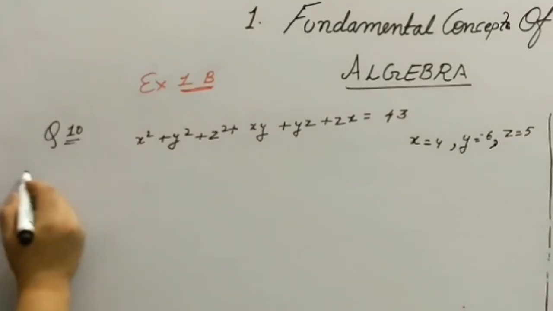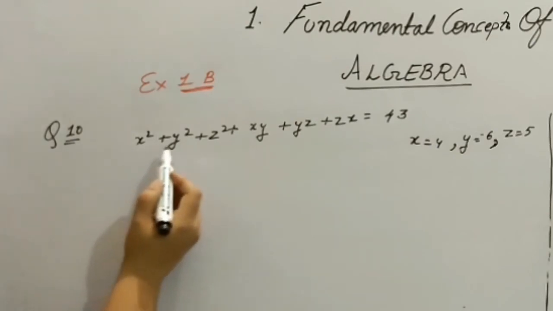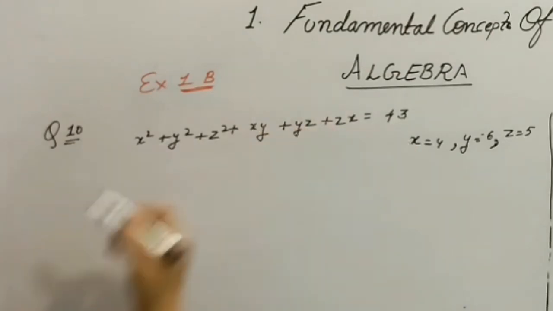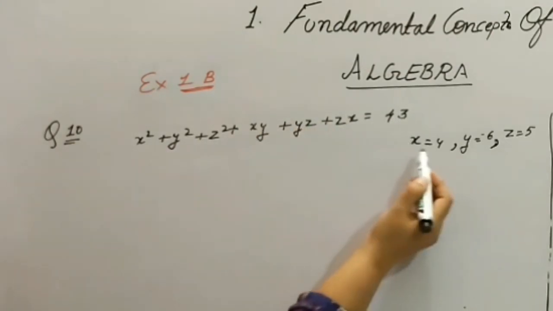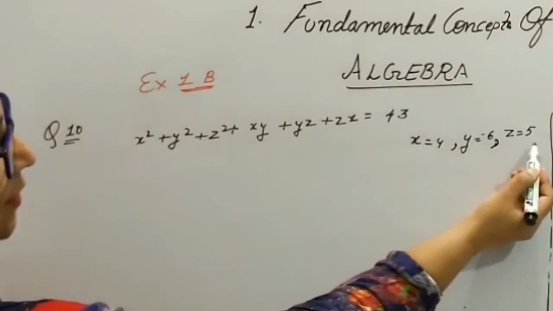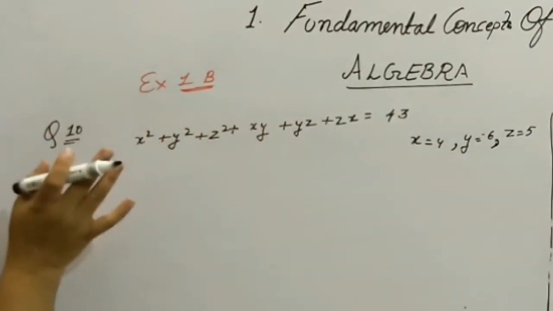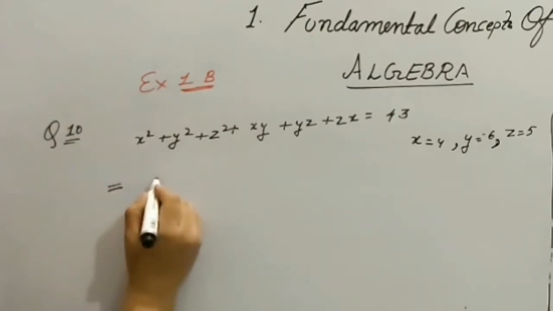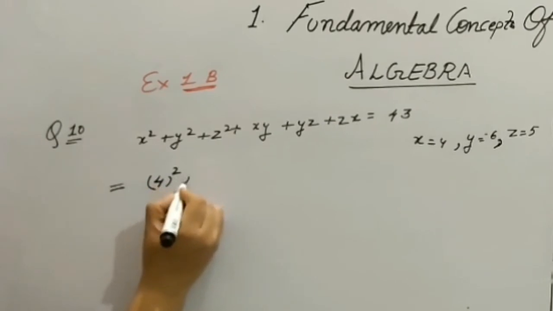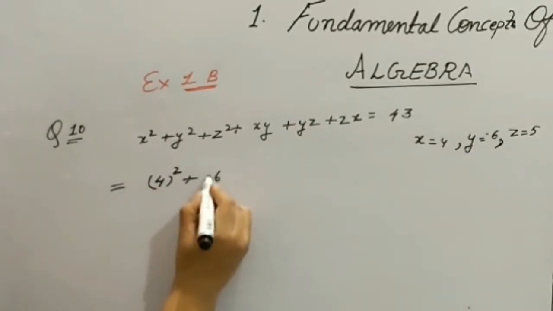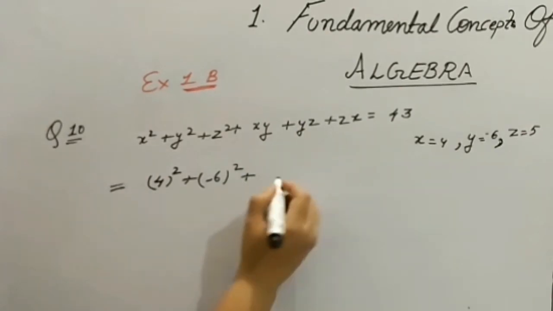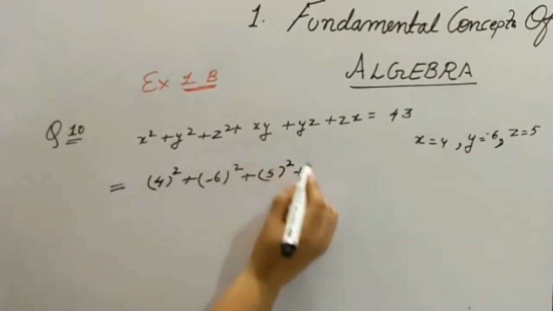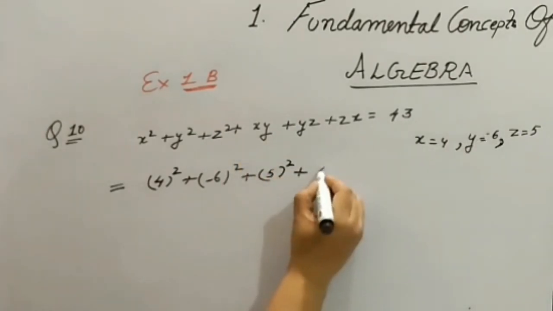Look at question number 10. Question is, prove that x square plus y square plus z square plus xy plus yz plus zx equals to 43, where x equals to 4, y equals to minus 6 and z equals to 5. So let us substitute, and while substituting be very careful, as I always say. So x square means, what is x there? 4. 4 square plus y square means minus 6 square plus z square means z equals to 5. So 5 square plus x into y means 4 into minus 6